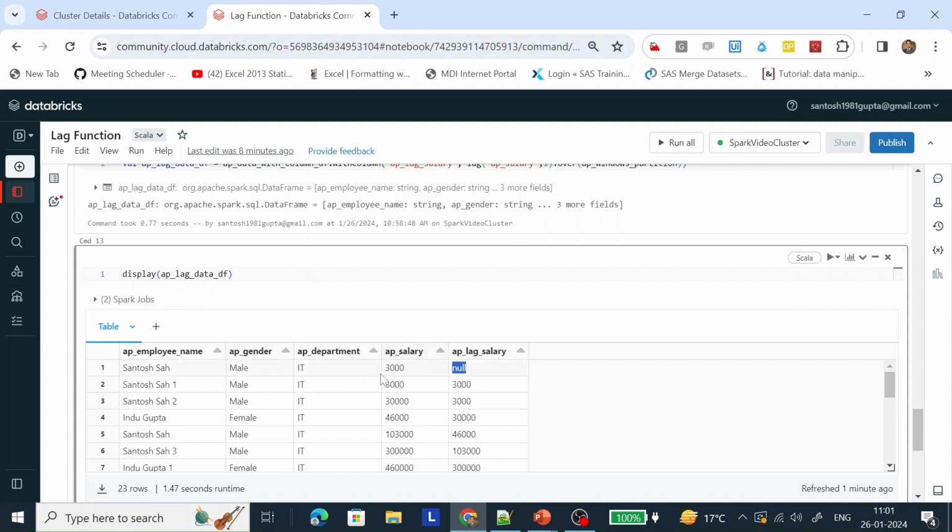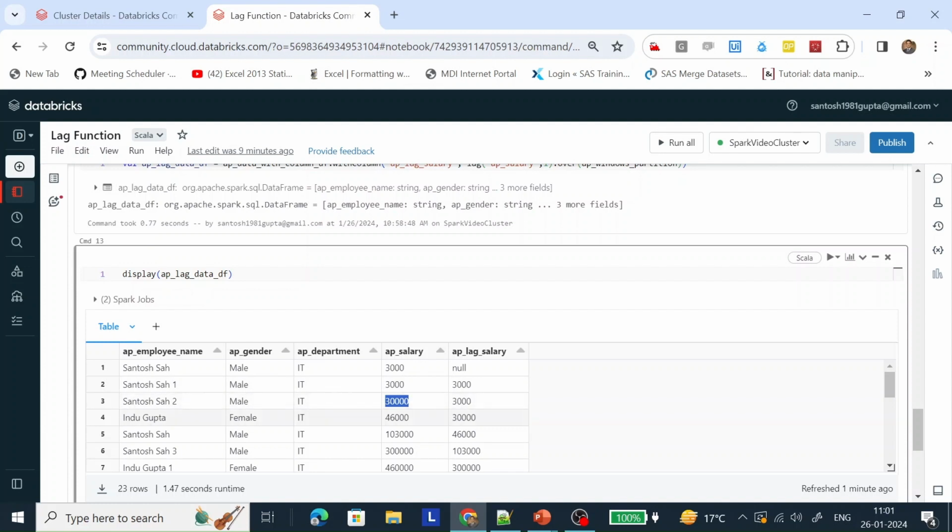Right. Now let's understand this one. This is the row. Lag will come to the salary and see one row previous. What is the one row previous value? This is 3000. So the lag function fetches this value and populates the lag salary column here. Let's talk about this one.